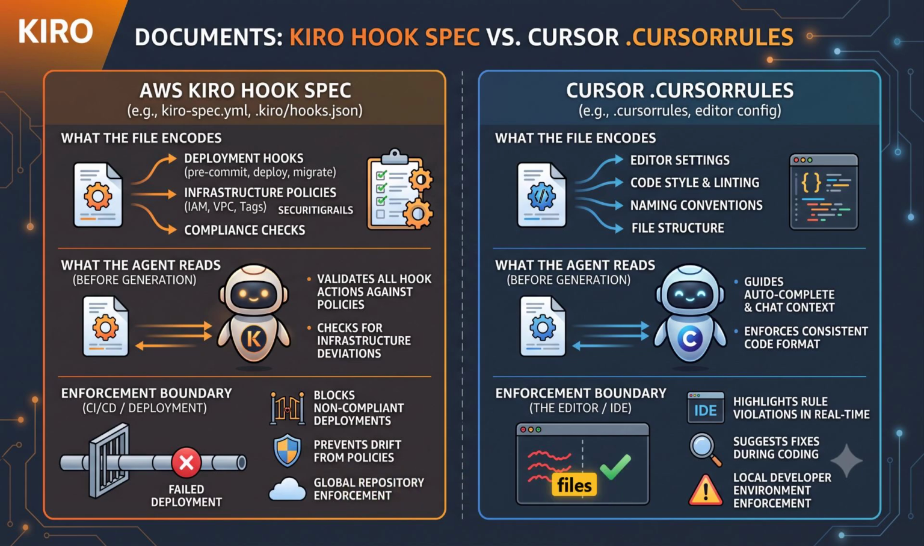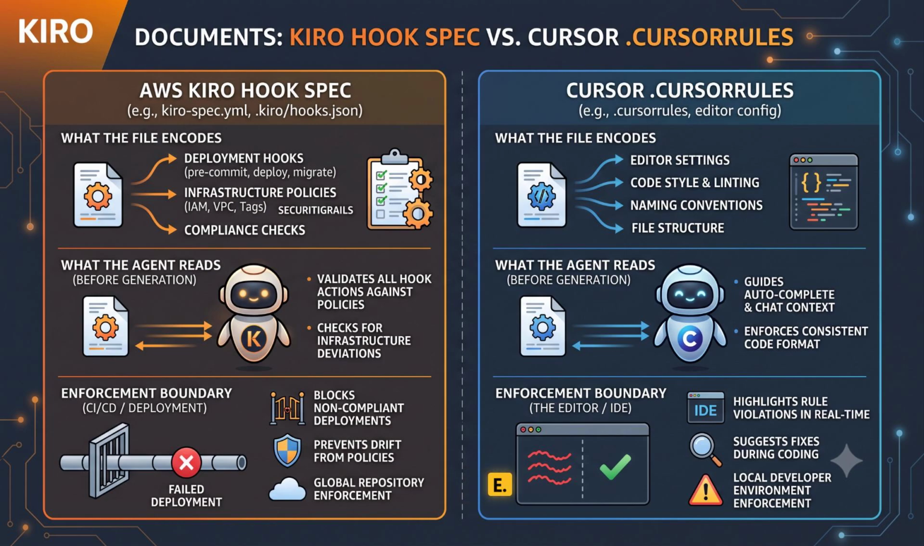The top section shows what this file encodes: editor settings, linting rules, naming conventions, and file structures. Move down to what the agent reads before generation, where Cursor uses those rules to shape autocomplete and inline chat context. At the bottom right, its enforcement boundary stays contained strictly inside the editor environment, highlighting style violations on the